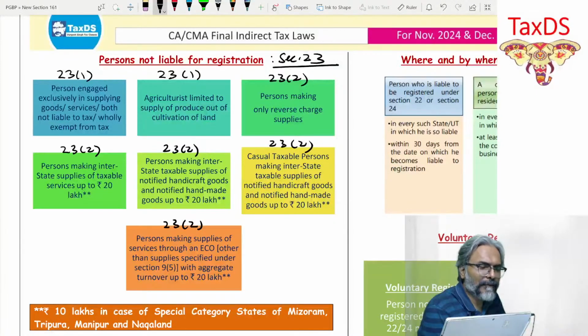What is the observation? That in the exemption, students, the limit would always be either 10 lakhs or 20 lakhs. 10 lakhs is for special category states,